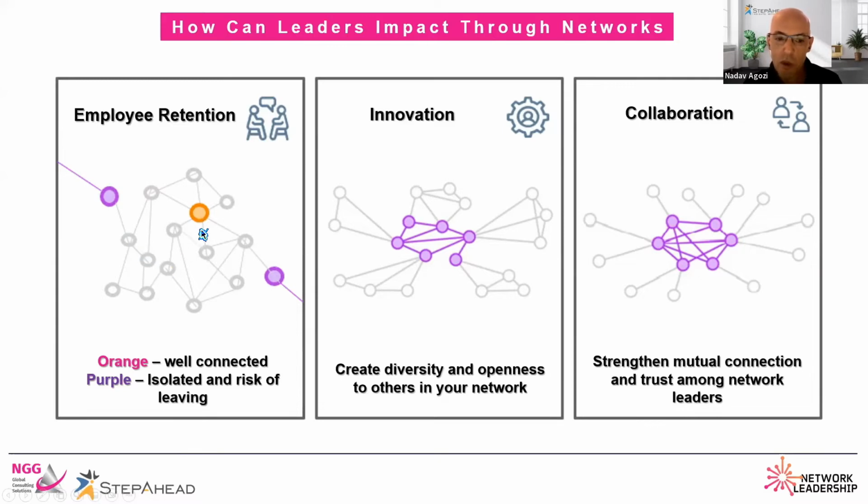And if I see someone who is orange and is well connected, this is a person I would like maybe to consider as a talent. So network mapping also allows us to give different kinds of parameters to discuss talent promotion and the way that we see people in the company.